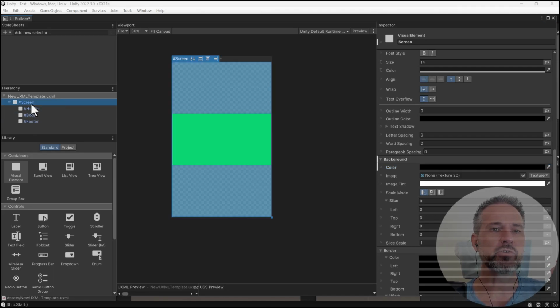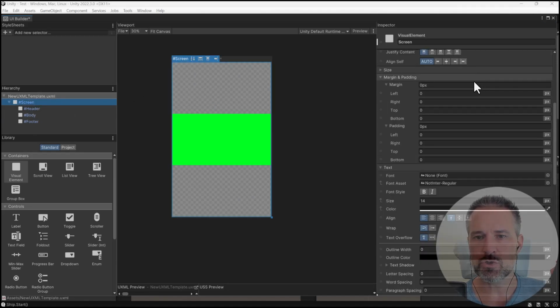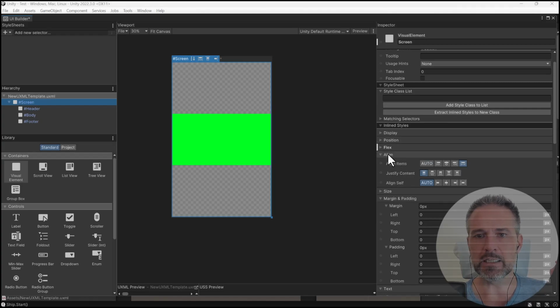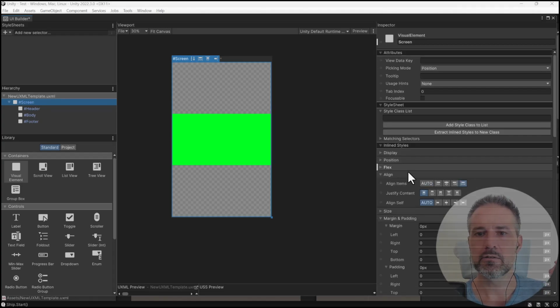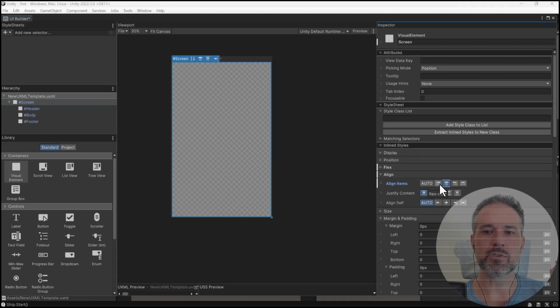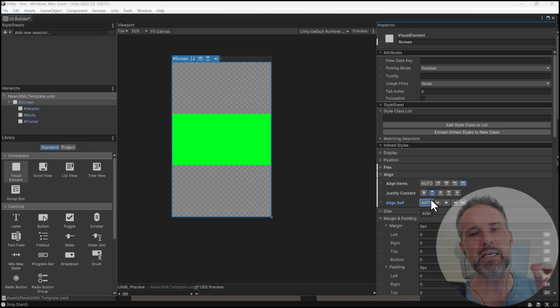So if I go to my screen here and I go to align here, I can set them to align in different ways. I can justify the contents in different ways. I can change the alignment different ways using the inspector, or because it's such an important value, there's hot buttons up here at the top. So I can change the flex direction, for example. So if I click this,